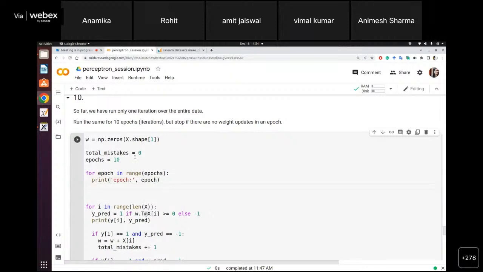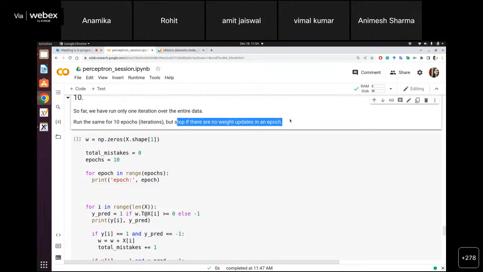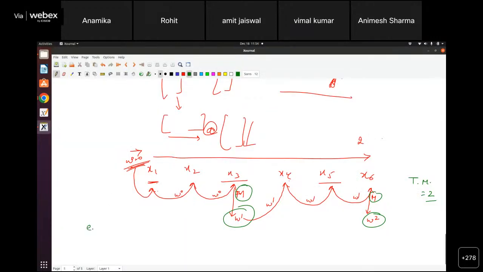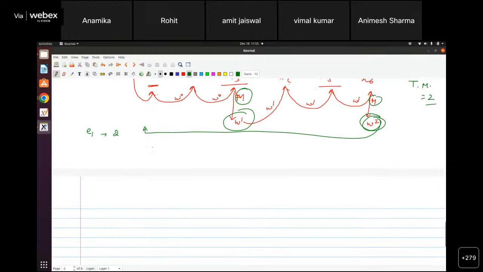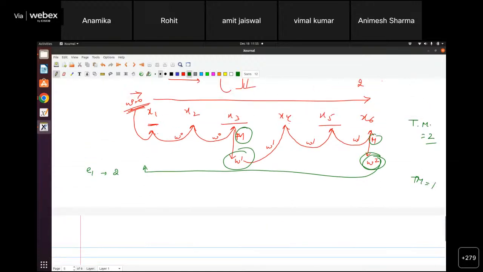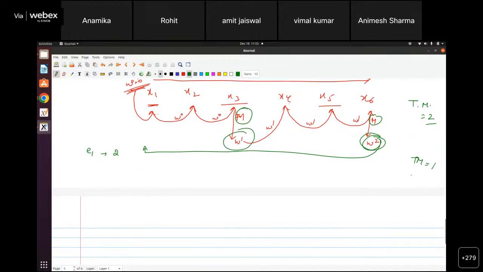Let me also keep track of one more thing. What we are saying is stop if there are no weight updates in an epoch. Here in the first epoch, there were 2 weight updates. Now there is this W2. With this W2, we go back to X1 and once again repeat the same process. Let's say the number of mistakes in this pass is 1. And then we move with the latest copy of W